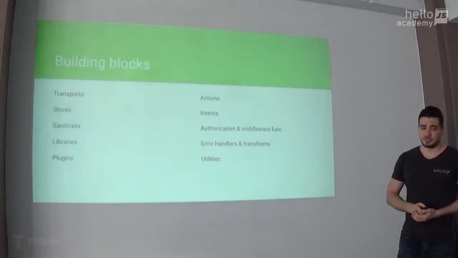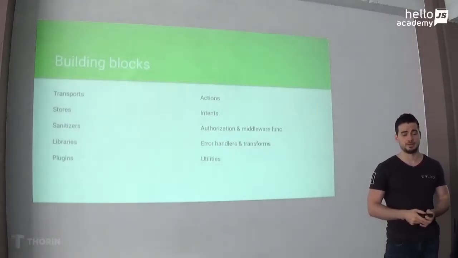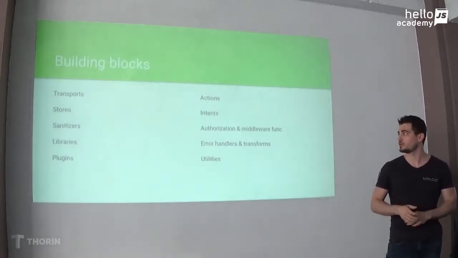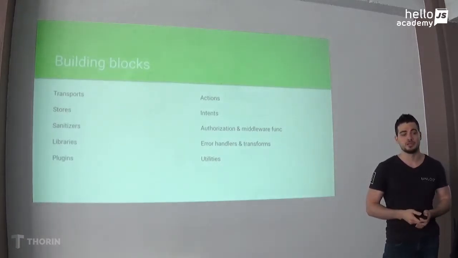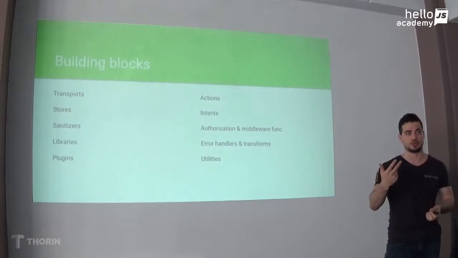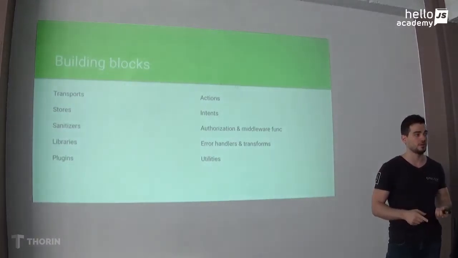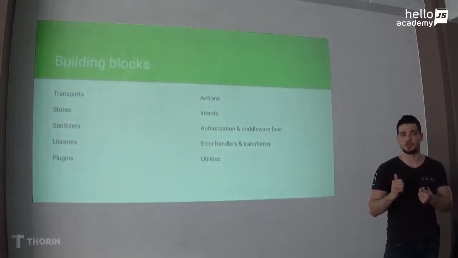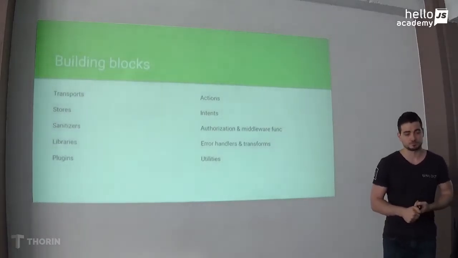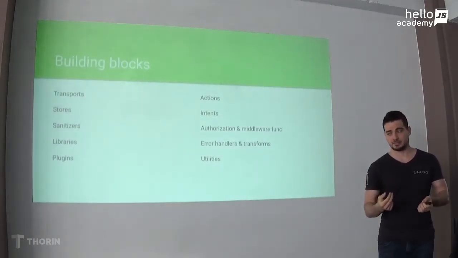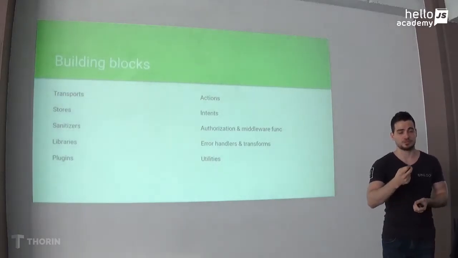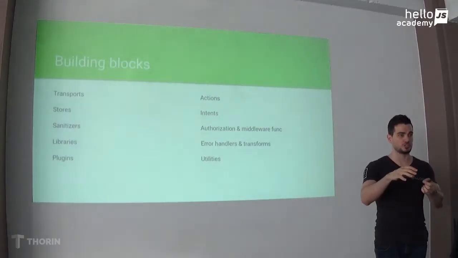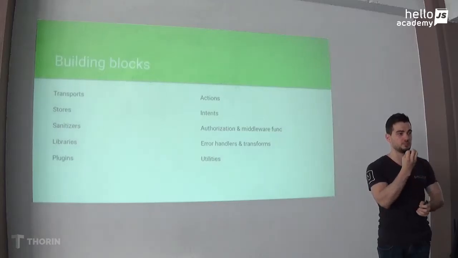As I said, in terms of intents, those are objects that essentially merge in all the input data. So for example, when using an HTTP transport, when a request comes in, you can have data from three possible sources. You have the query string, you have the body in a POST request, and then you maybe have URL parameters, right? So when you're actually writing a Thorin app, you don't need to know which one to use, because Thorin will just abstract this away and provide you with an input data, an input